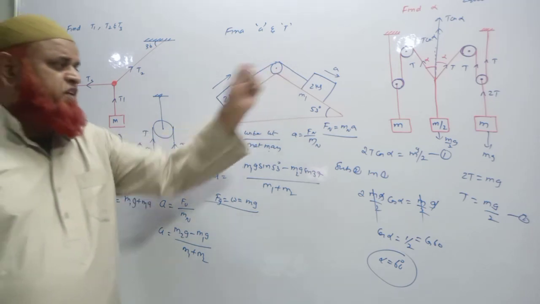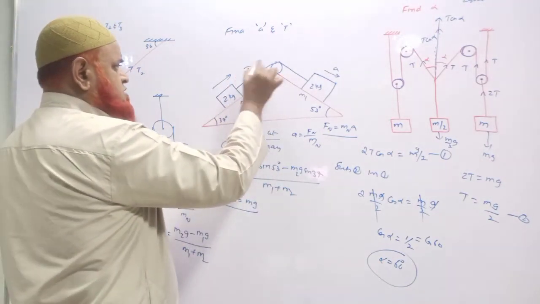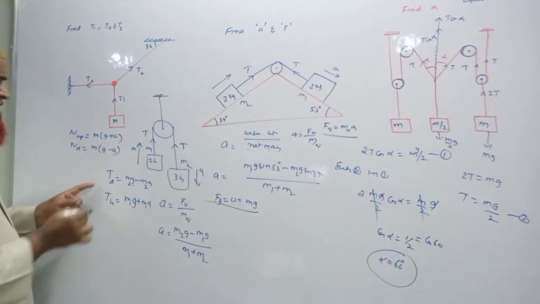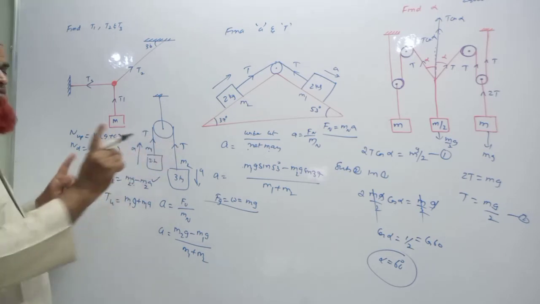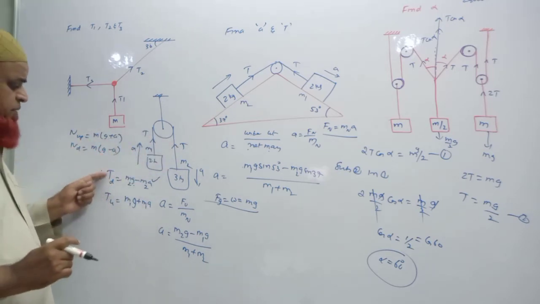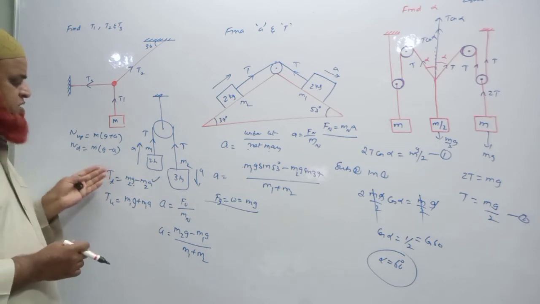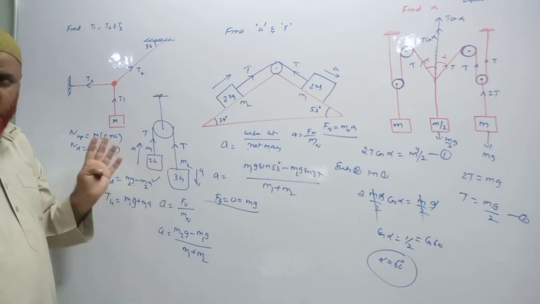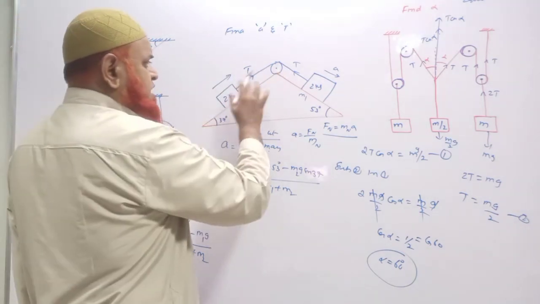But in this case, how to find out the tension? Here also tension is there, here also tension is there. See here, you need not do both of these. Any one formula is enough, no? Because only one tension you have to find out. If you apply both, you will get the same answer. If you want, you can just check. But why take both? You can take this one or this one, T up or T down, anyone you can take. Here also you can take only one tension, no need to take both.